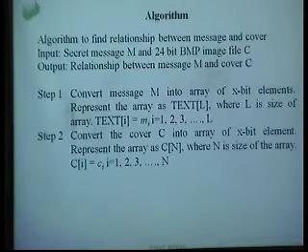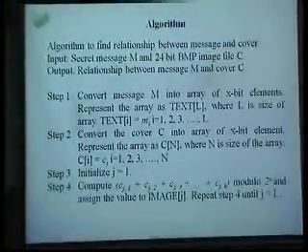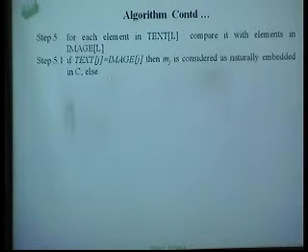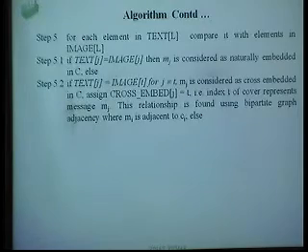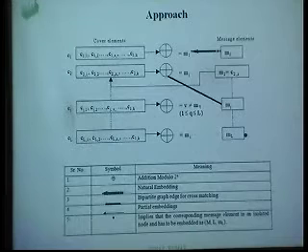Similarly, the same concept: convert the cover C into an array of X-bit elements, then the array is this one. Of course, this value of N is going to be much larger because the size of the cover is much larger. But the block element we are just keeping the same. Now, we use one embedding factor, that I will show you in the example. Forget all the theory, we will leave it. This is the one diagram, only 4 possibilities are there.